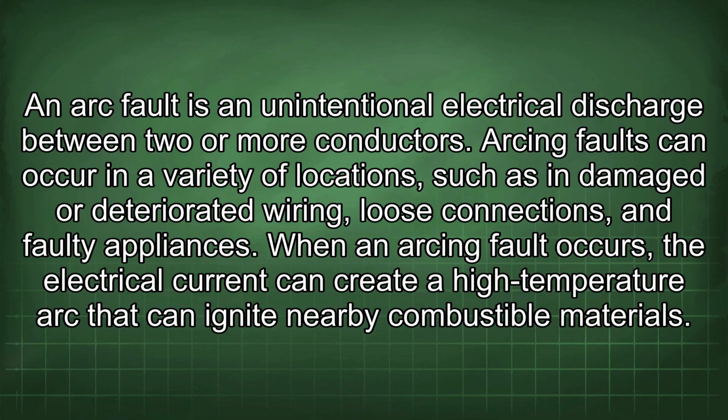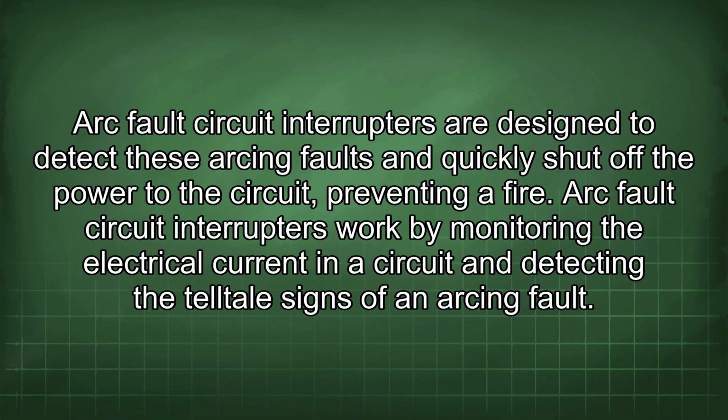Arcing faults can occur in a variety of locations, such as in damaged or deteriorated wiring, loose connections, and faulty appliances. When an arcing fault occurs, the electrical current can create a high-temperature arc that can ignite nearby combustible materials. Arc fault circuit interrupters are designed to detect these arcing faults and quickly shut off the power to the circuit,